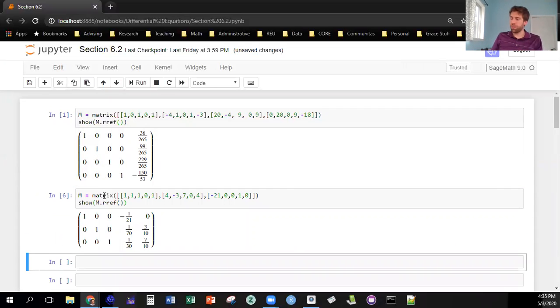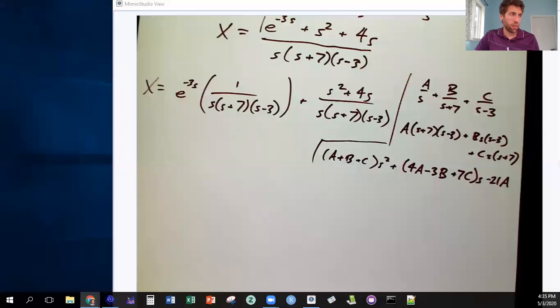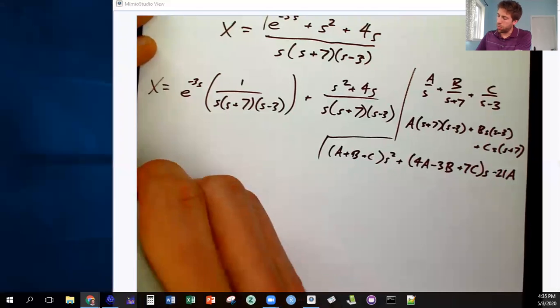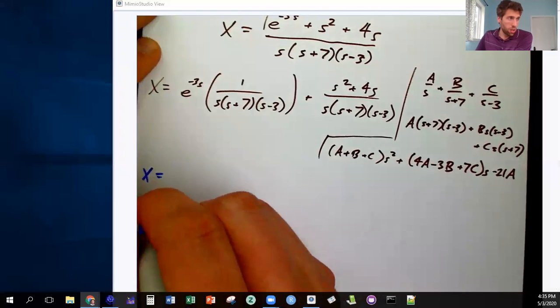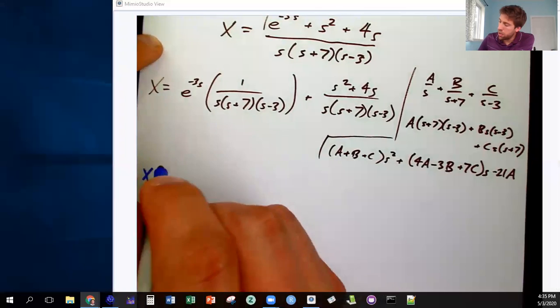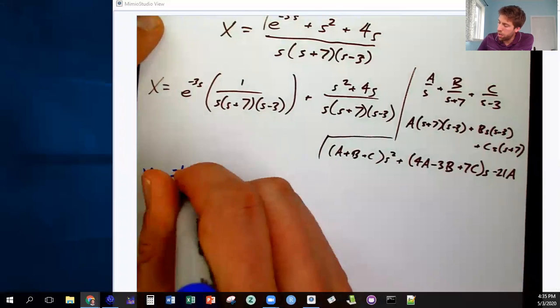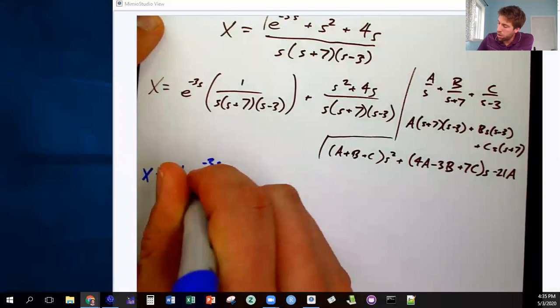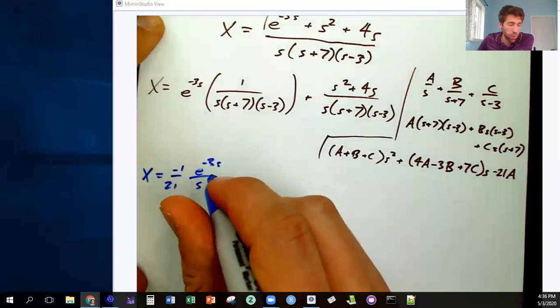Okay, so the column right here corresponds to my e to the negative 3s term, and the column right here corresponds to my term without the e to the negative 3s term. Okay, so that means I can write, let me move this over, and then I'll write this out. So then x equals negative 1 over 21 e to the negative 3s over s, and then plus,